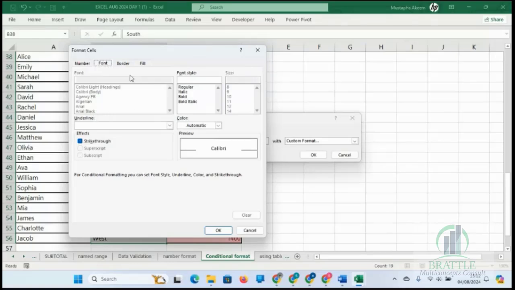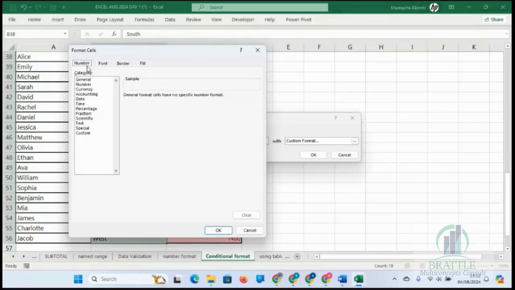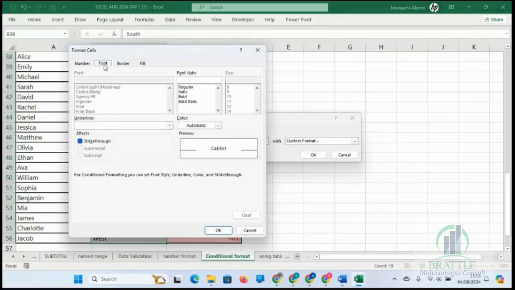We can say, okay, we want to format it like bold, size 10. The size is fixed. Bold and border.